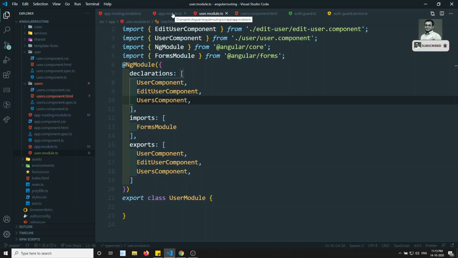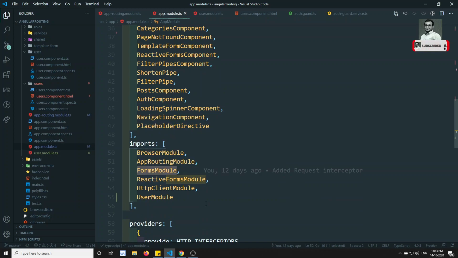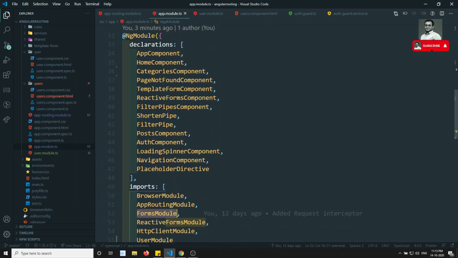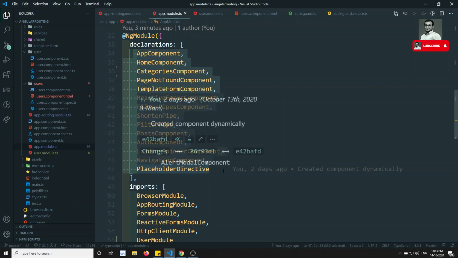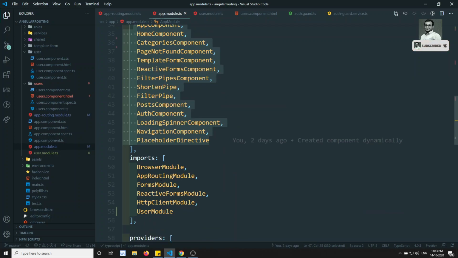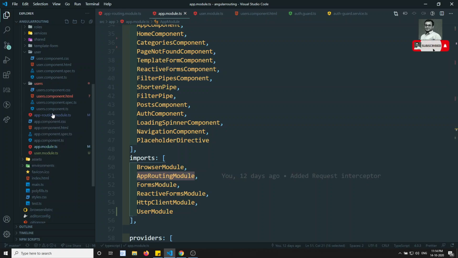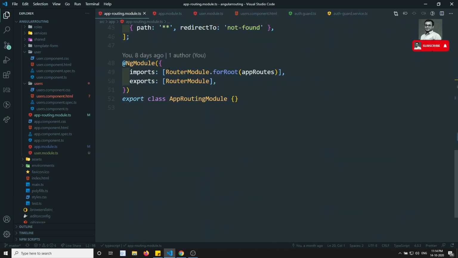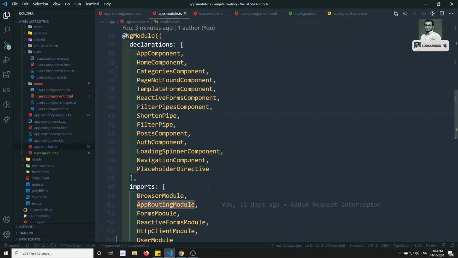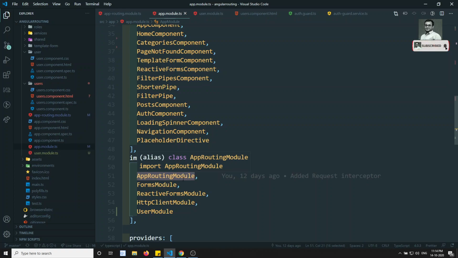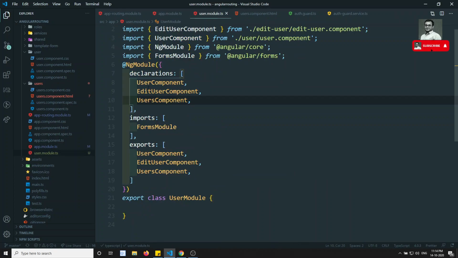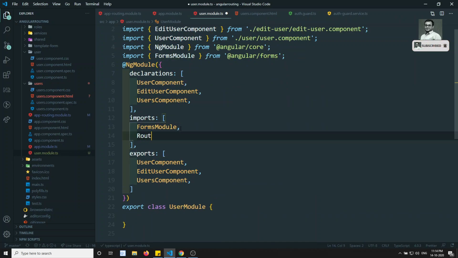And one thing we need to understand is that if router outlet is used in any of these components here, it will be understandable. Why? Because here we are using the app routing module. The app routing module has the router module. If you go to the app routing module, it has a router module, and in the exports we are using this router module. That is the reason. So whatever components are present here can understand the router outlet, but the components present here cannot. For this reason, again we need to insert the router module. So if you insert the router module again,